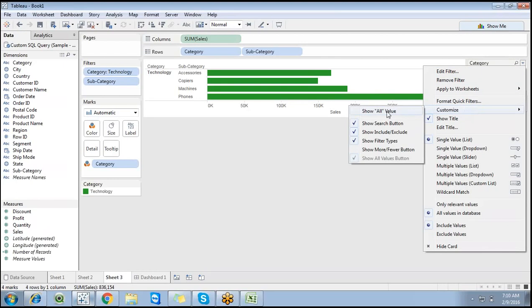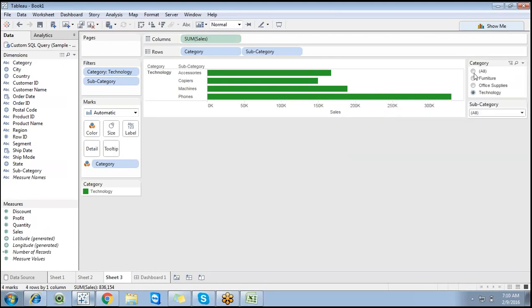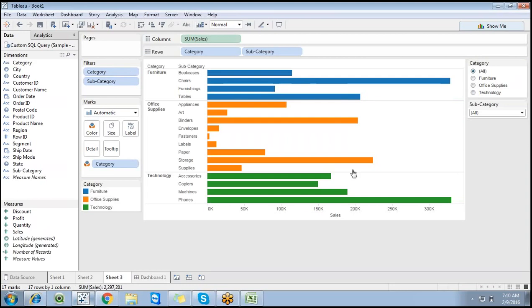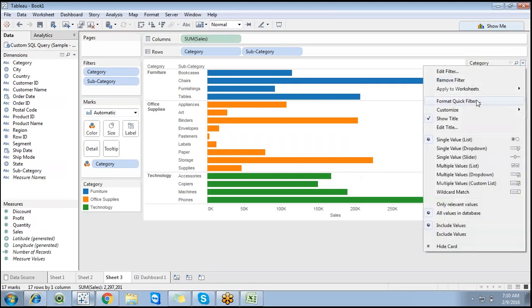You can go for the show all option, because sometimes we need to showcase all the values, and we can go for interactivity on that particular dashboard. So you have options. Just go with customize, show customize, and you can go with all. And also we have a show apply button here. So here there is no apply button, right?